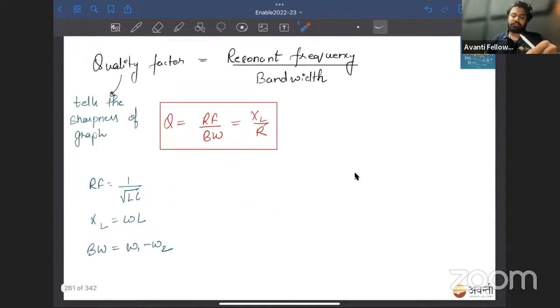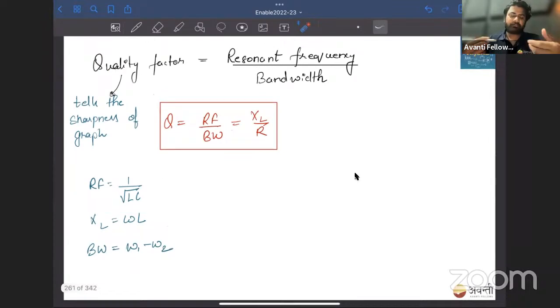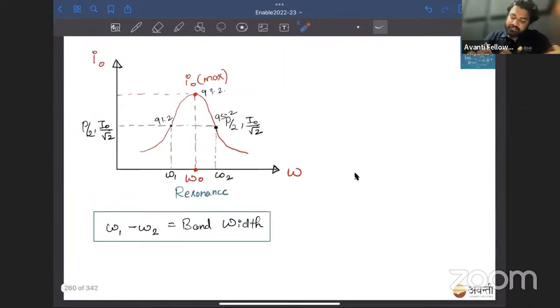Let's move forward. So we have to complete transformer also. Jaldi se karte hain. So quality factor. What is quality factor? Acha, the frequency at which resonance happens is called the resonant frequency. Okay. So quality factor is a parameter which will tell the sharpness of that curve. Resonant frequency upon bandwidth is called quality factor. If you decrease the bandwidth, the quality factor will increase. Means if you decrease this gap, it will become more sharp. Correct? If you decrease it more, it will become more sharp,